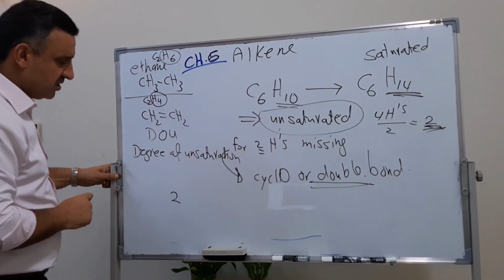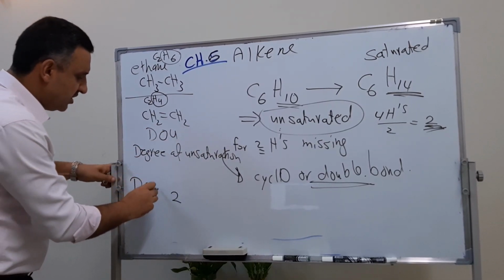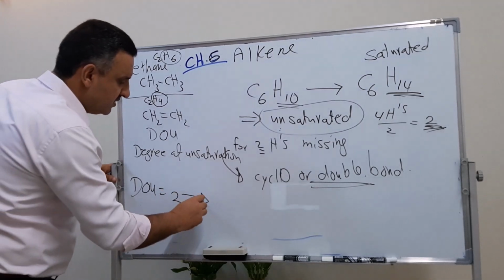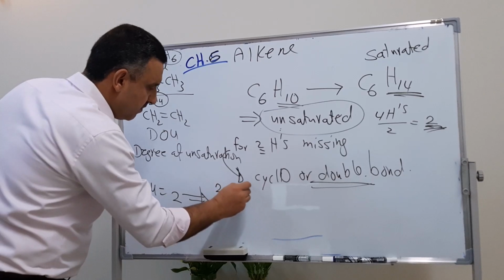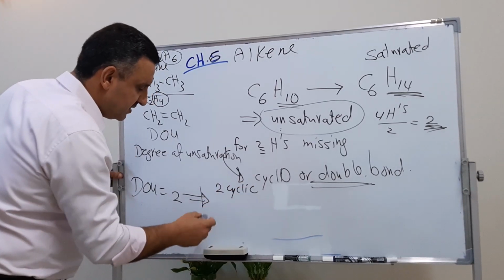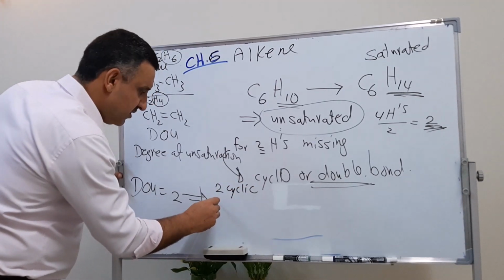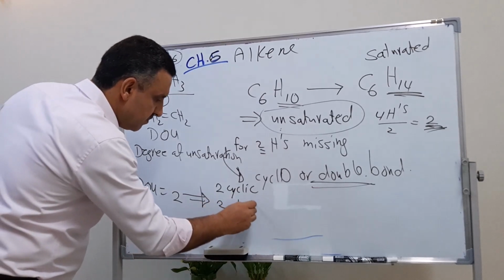So the degree of unsaturation is 2, which means we may conclude that we have 2 cyclic systems, or we have 2 double bonds,